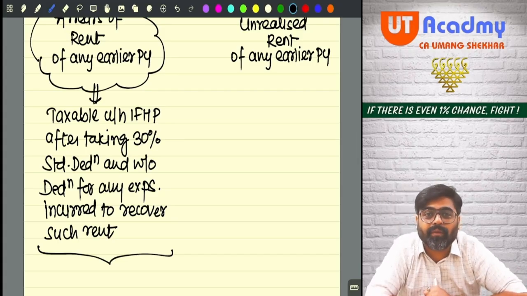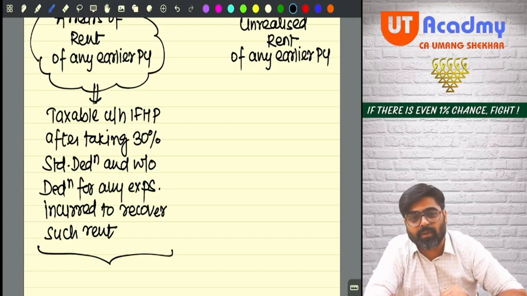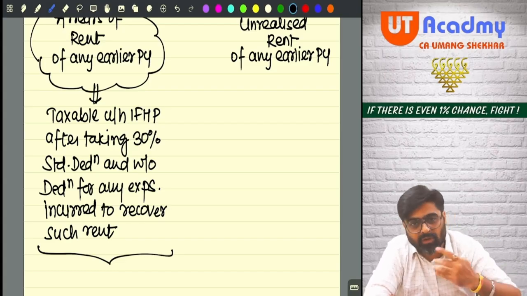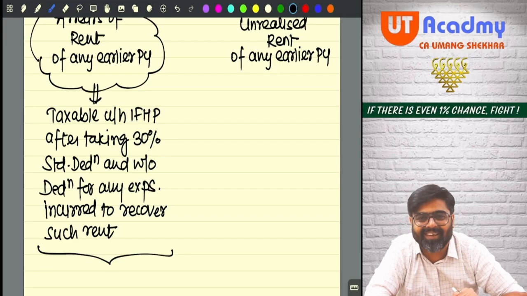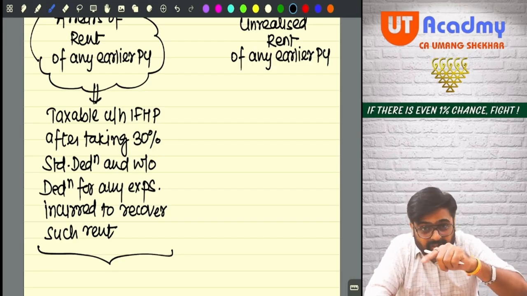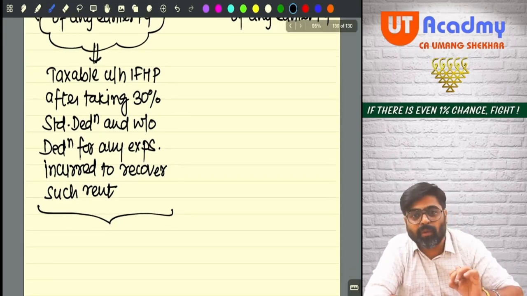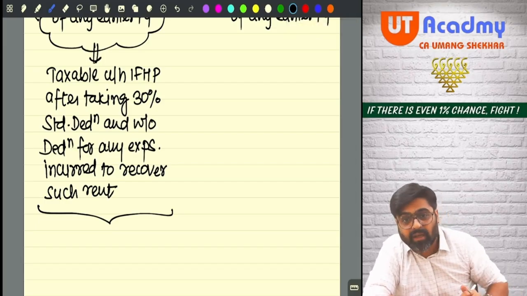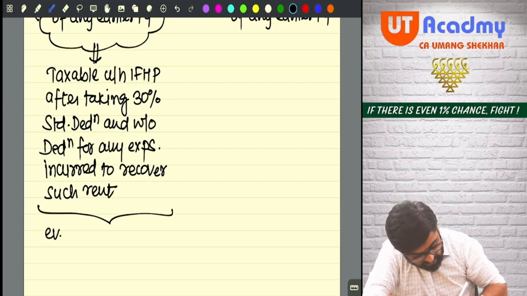Getting my point? What if you are still the owner of that property? Then also it will be taxable under this head only. Getting my point? So this taxability will be under the head house property after taking 30% standard deduction, but without taking any deduction for recovery,